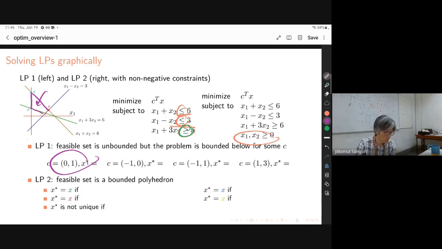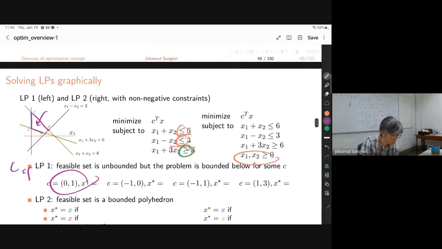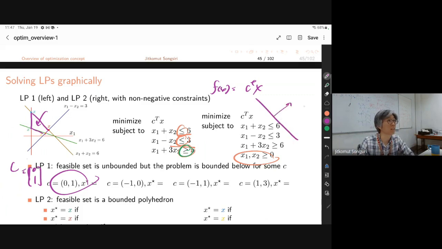Boonyarit, if my C is vector 0, 1, what does my level set look like? How does my level set look like? The function f is linear. We have talked before, when you have a linear function, how does the level set look like? A contour. It's just a line, right? It's just a line where the normal vector is